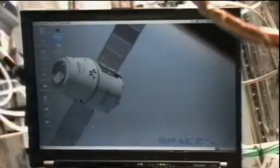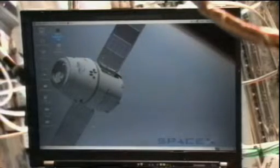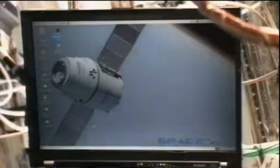Commander Dan Burbank, his major activity for the day is updating the Cuckoo, which is CUCU, which stands for the COTS UHF Communications Unit, COTS being the Commercial Orbital Transport Services. And then the updates he's doing are in anticipation of the launch of the SpaceX Dragon capsule. This update will allow that comm unit to provide station to Dragon communication for any commands and telemetry reading. That was planned to take up about 4 hours of his day and also included a checkout of the COTS